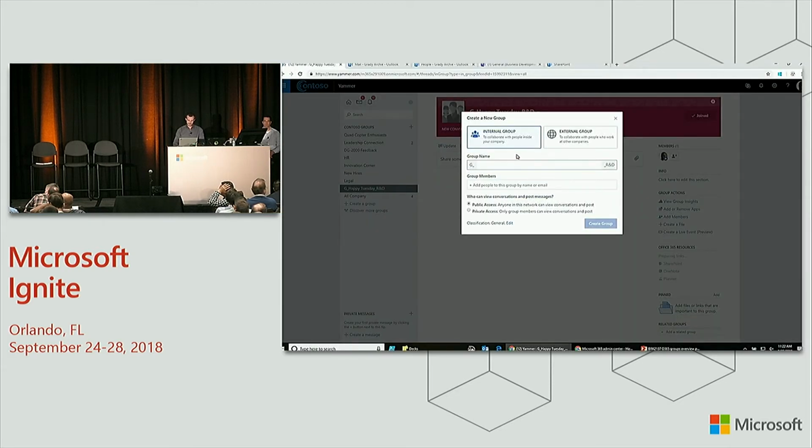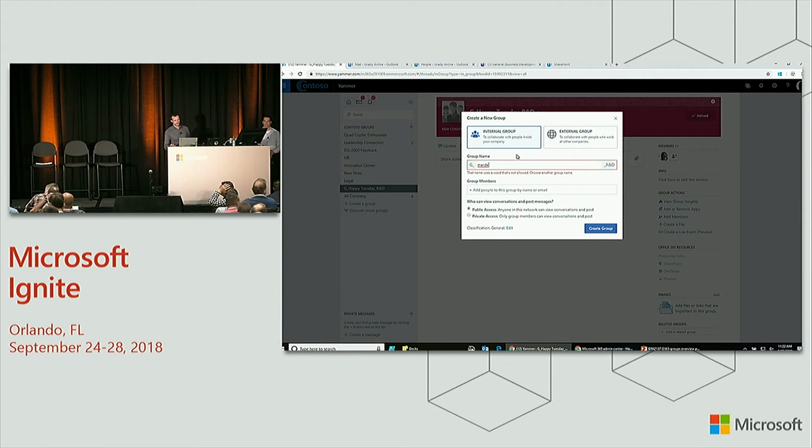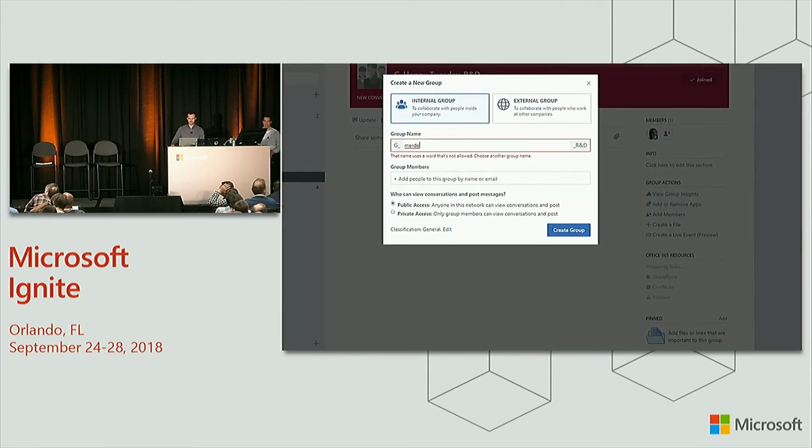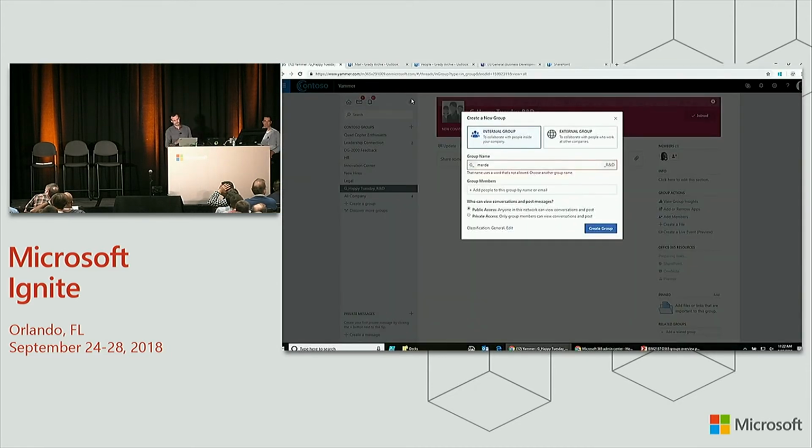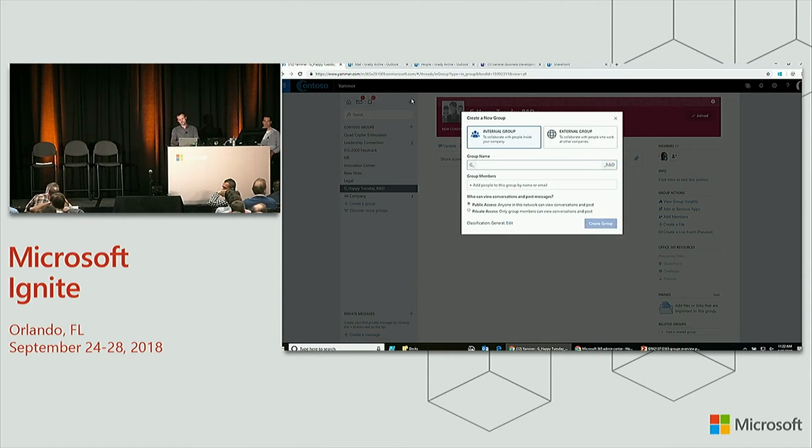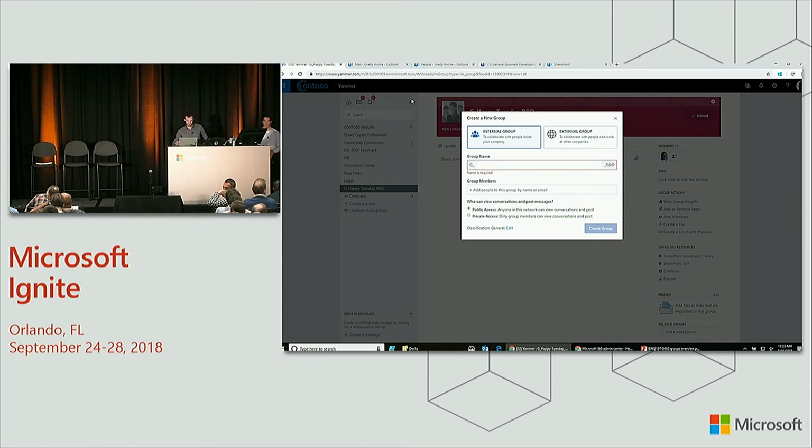How about if Christophe, following his mother tongue, puts in some bad word? And again, naming policy kicks in. Obviously in the enterprise, we know everyone's mature, but maybe if your company is a university, you want to put some bounds in place so people don't get too creative. But this is just an example of naming policy kicking in for an end user.